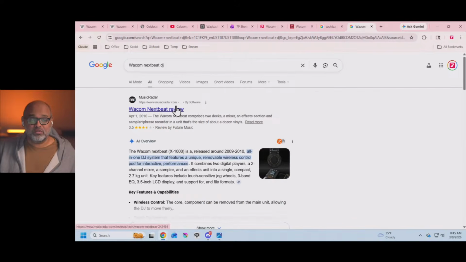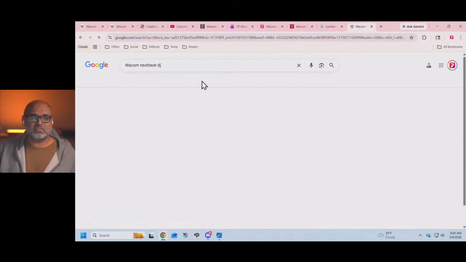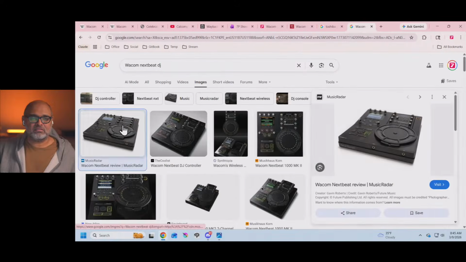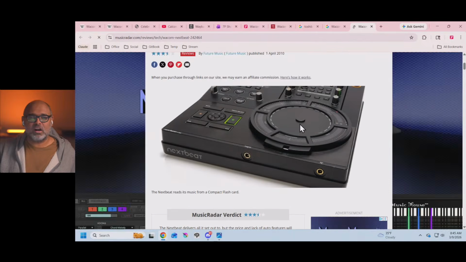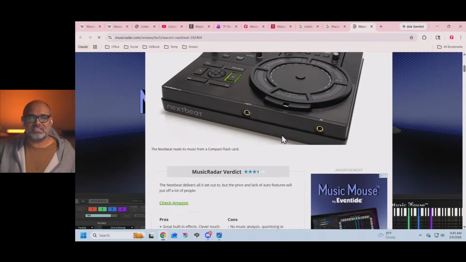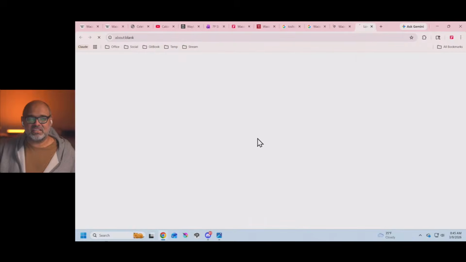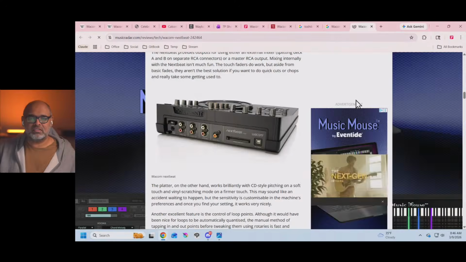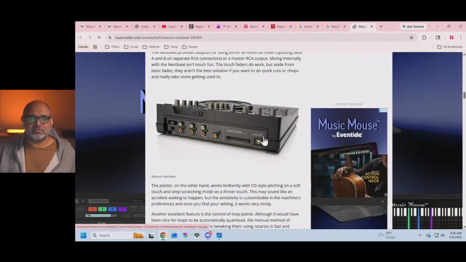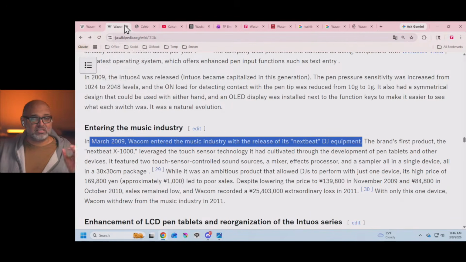There's even a review of it. I want images, actually. Here we go. This is in their review. Wacom made this. Can you believe it? It even says, so the proof is, the picture errored out here. It says Wacom right there. Right? Next Beat. Hard to believe. Wacom made this. I'm not criticizing, it's just surprising.